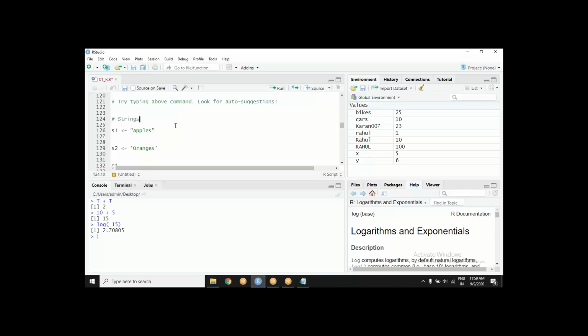And how do we denote strings? Understand that you are supplying a string when it is in double quotes or single quotes, just like SQL. So I am assigning a string, apples, to a variable called s1. Remember, variable names do not have to be in quotes or double quotes. Quotes or double quotes are to represent string values. A variable name is flat. Whatever I want to call it, it is a variable.